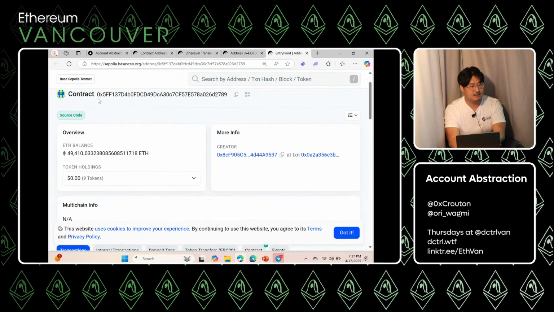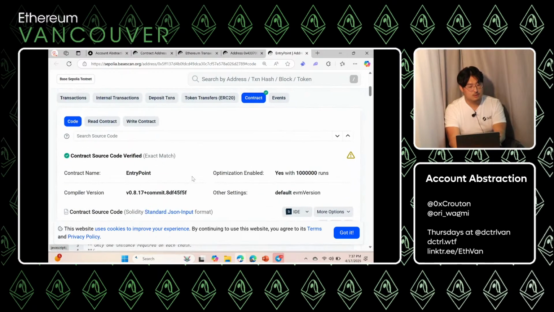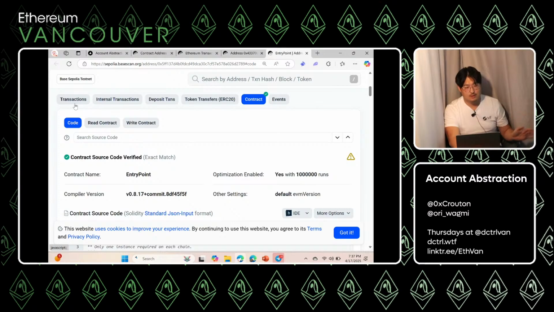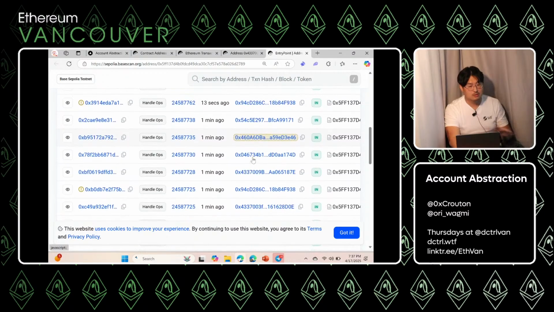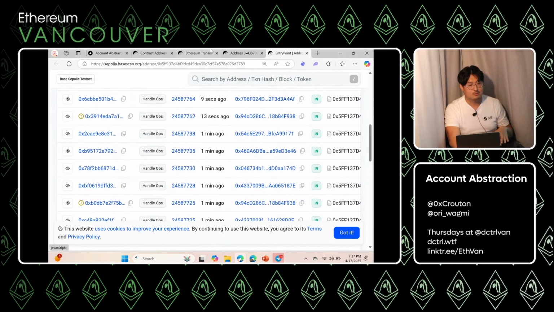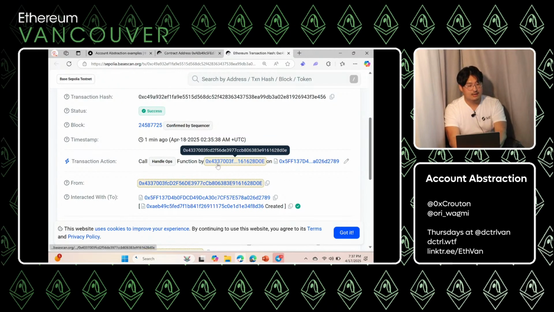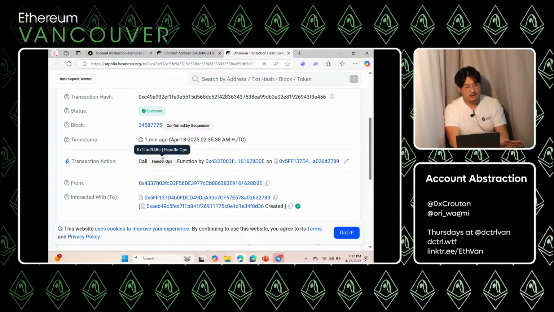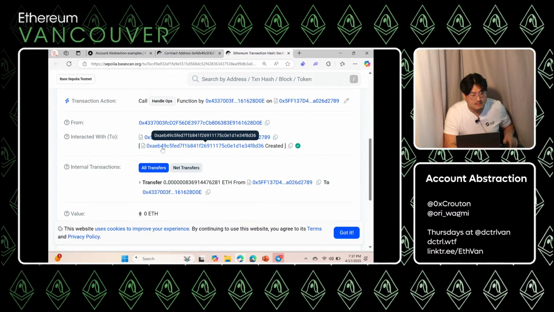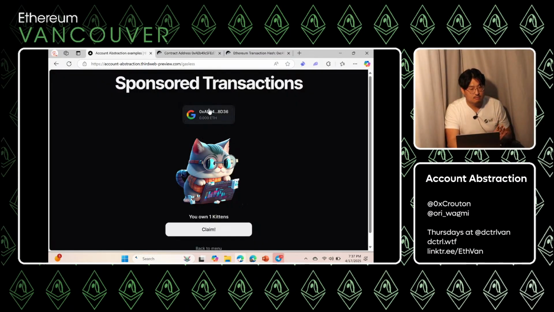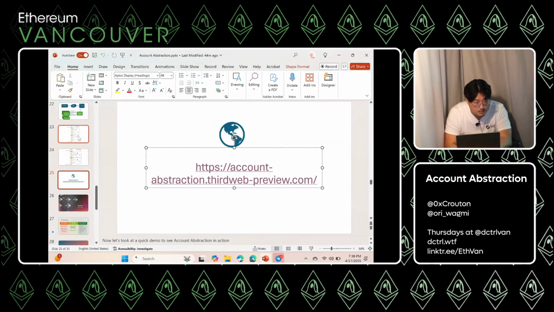And this 575FF is the entry point smart contract. This is the well-known smart contract that everyone knows about. So all that's happening is different bundlers here are calling handle ops on the entry point. So what happened was the signer, the bundler, called handle ops, and inside here, it created this address, AEB, which is the address for me, I guess, as part of this flow.